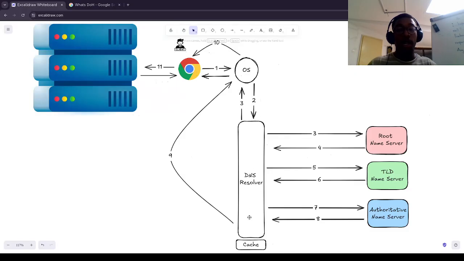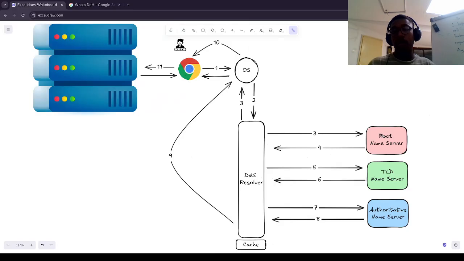So the communication process is now short-circuited. All of this wouldn't happen. Step 9 is activated. The information is sent back to the operating system. That means the DNS resolver has resolved that and sends it back to the operating system. The operating system sends the IP address to the browser, and then a TCP/IP connection is established, and that information is retrieved. But if that information is not found in the cache, then the DNS resolver sends a request to the